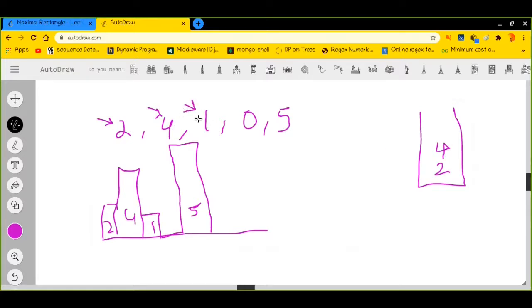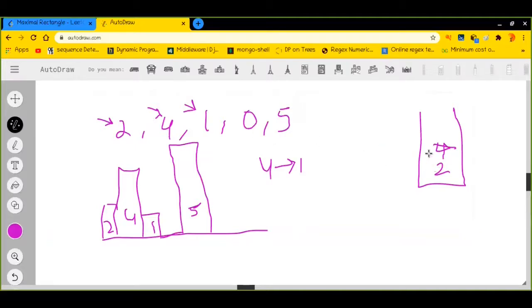When 1 came, I see that 1 is smaller than 4, so I will pop that out and put it in a map, where 4 will be the key, to tell that the next smaller element for 4 will be 1. Similarly, I'll not stop here.